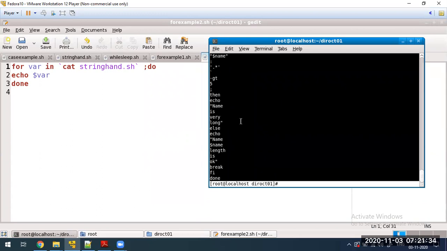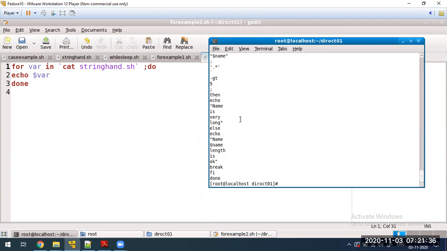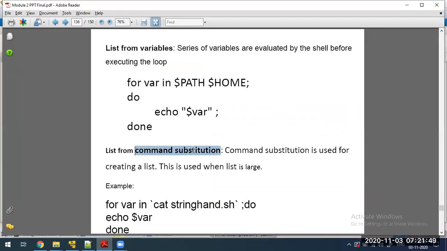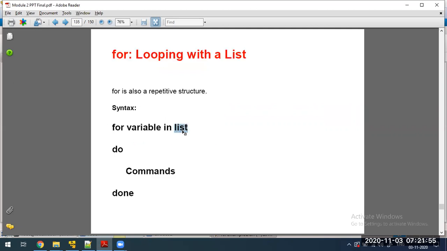Each output is printed in a new line. What you have to understand from this example is, even in the case of the list, you can write commands. That is command substitution. In this place of the list, you can write the command itself, but that command should be enclosed within quotes.